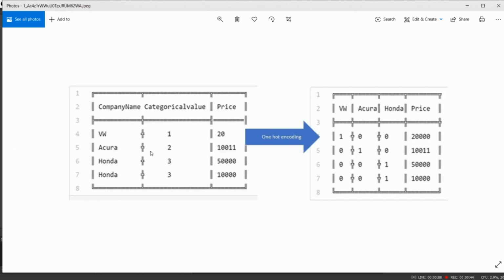Now what does one hot encoder do? Suppose this is our data set and there are a few categorical values such as Volkswagen, Acura, Honda, and like that, and their label encoding values will be 0 for Volkswagen, 1 for Acura and 2 for Honda. So one hot encoding is going to